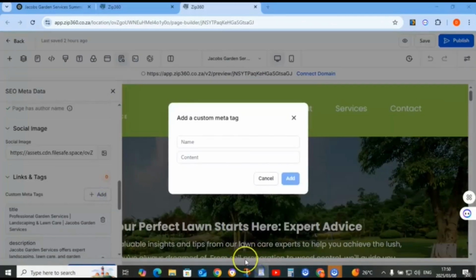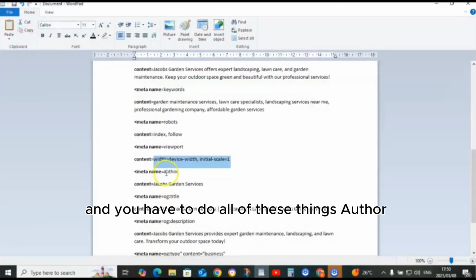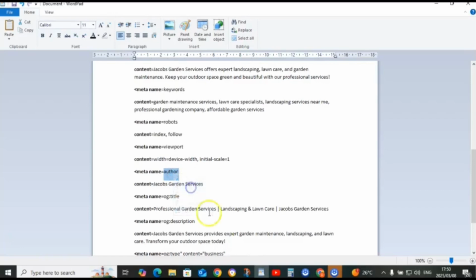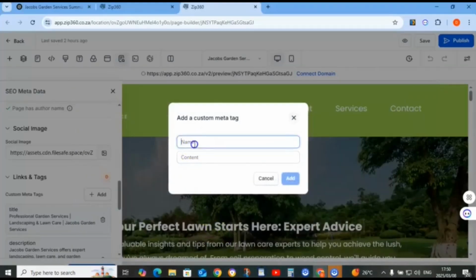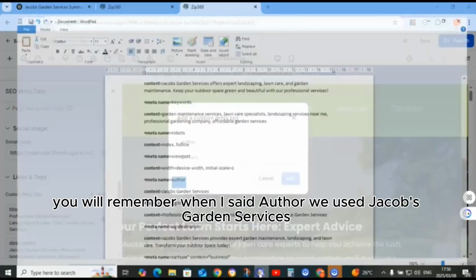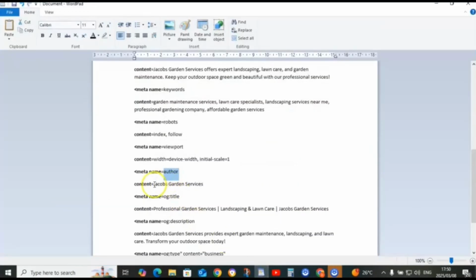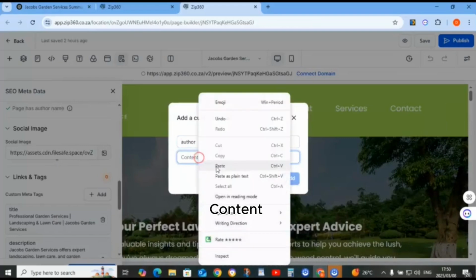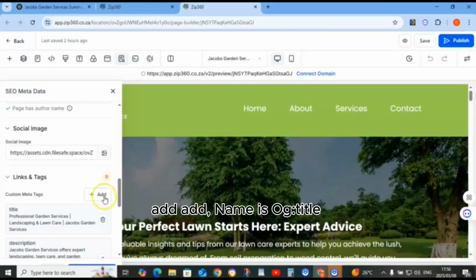And you have to do all of these things. Author. You will remember when I said author, we used Jacob's Garden Services. Here it is. Content. Add.